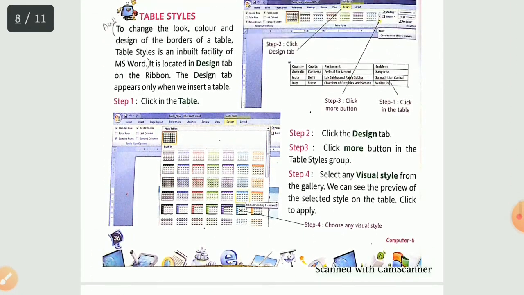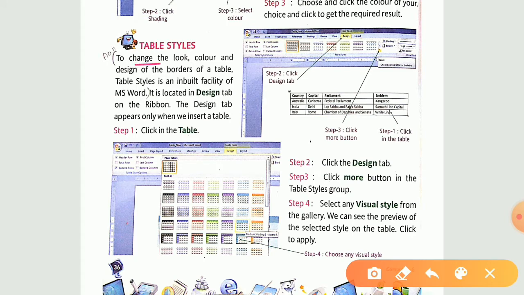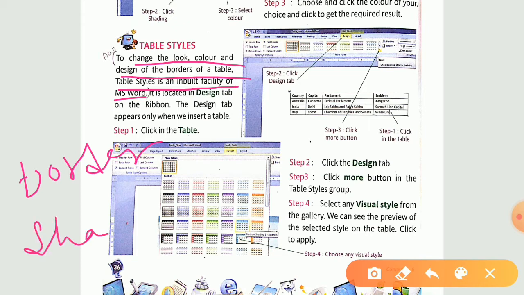Okay, so now let us see what is the table style, what kind of table style we are talking about. See, to change the look, color and design of the borders of the table, table style is an inbuilt facility of MS Word. Means to say what? In the previous one alone we were changing the borders. Yes, and alone we were doing your shading part.